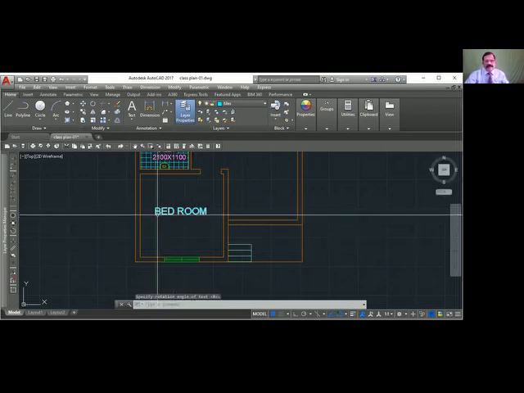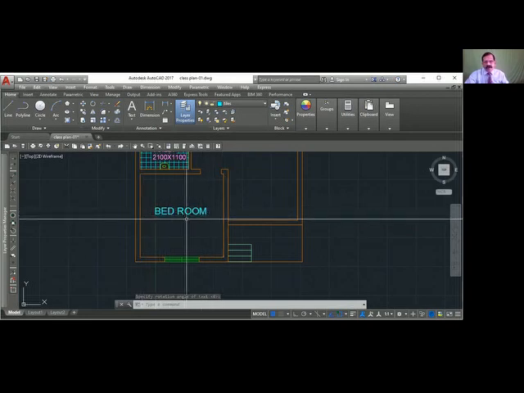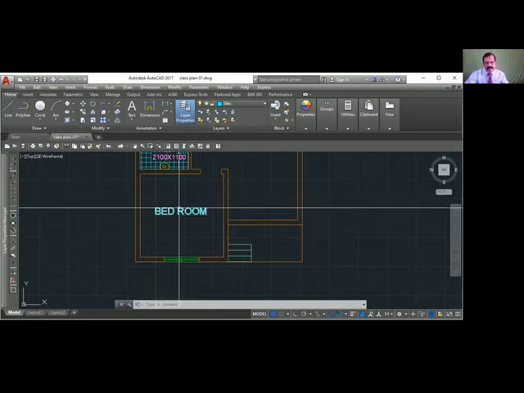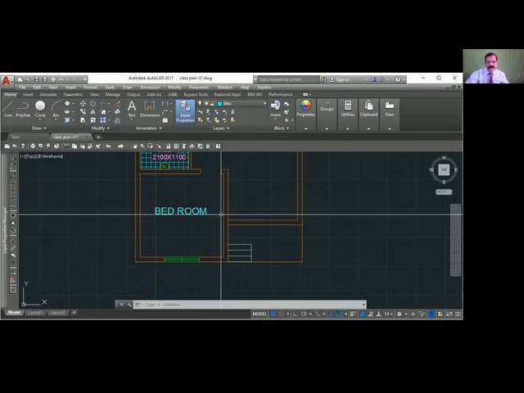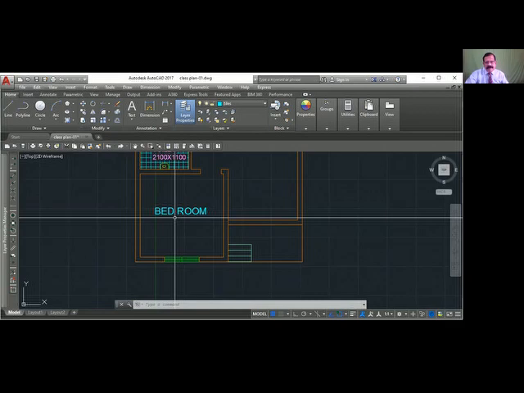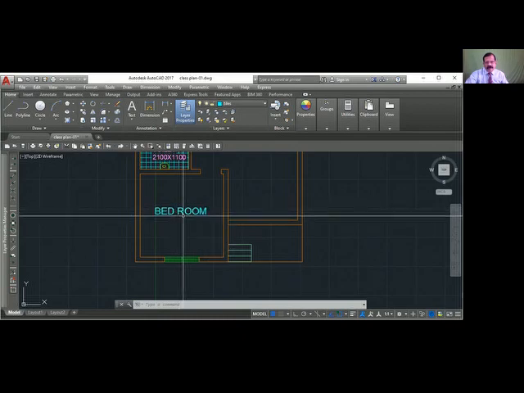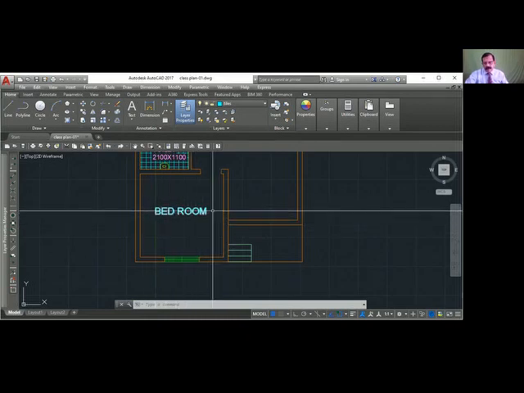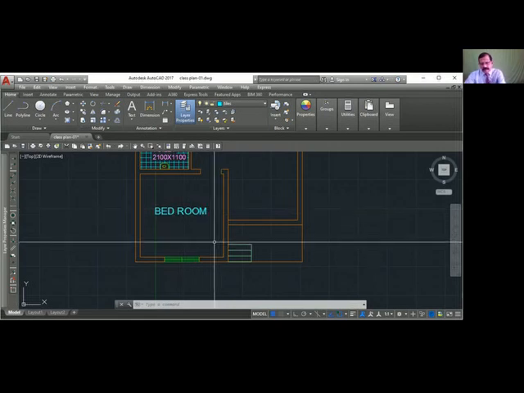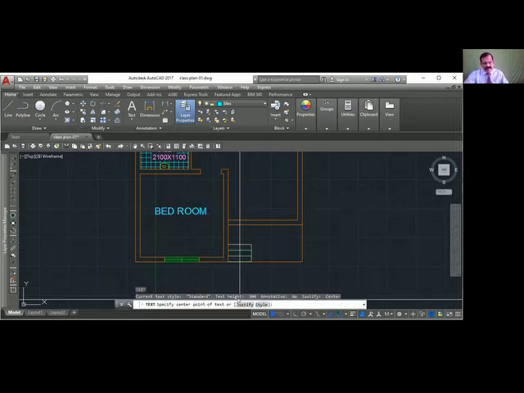In this particular case, it adjusted only horizontally, not vertically. If you want both horizontally as well as vertically, because this is the point I have shown, from here it goes in this direction and your text is above, not exactly at the center of the text. So if you want to use both, you have to use justify